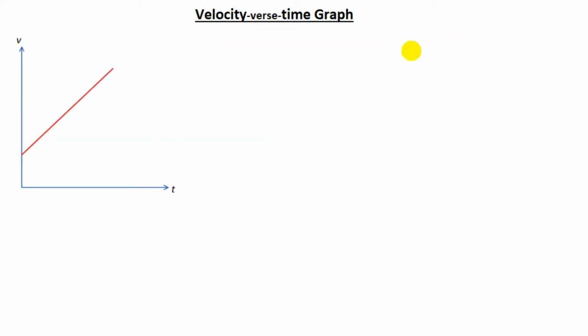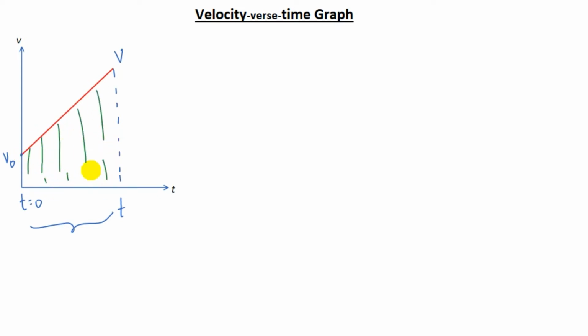Now let's understand one more concept that you may use while solving numericals. So we have this v-t graph, and let the velocity of the particle at time t = 0 be v naught, and at any time t the final velocity becomes v. Now I'll be showing that the distance traveled by the particle during this time interval will be equal to the area under this curve. This total area would represent the total distance traveled by the particle during this time interval,